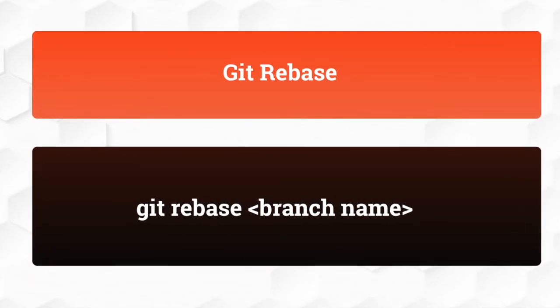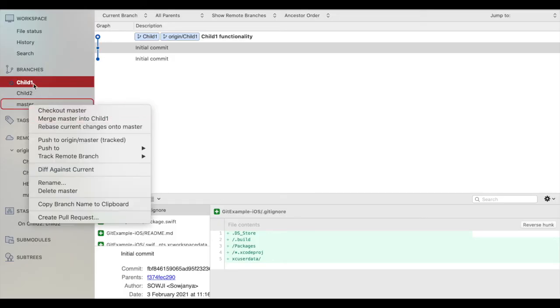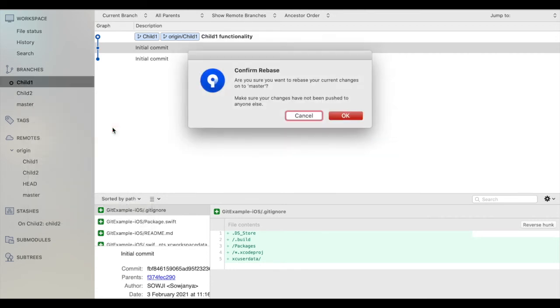Now let's see how to rebase. In the same way as merge, let's click on master, right click, rebase current changes onto master. So here I want to rebase the child 1 branch. Now let's confirm the rebase.